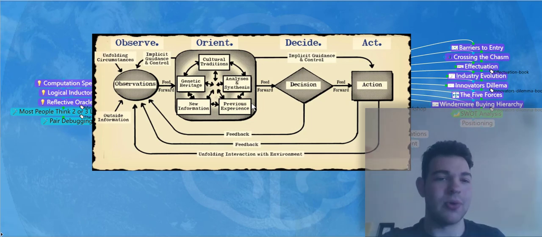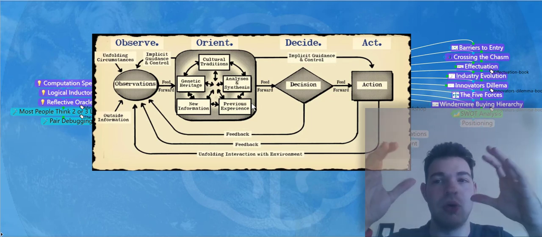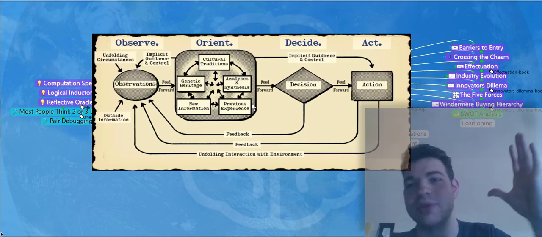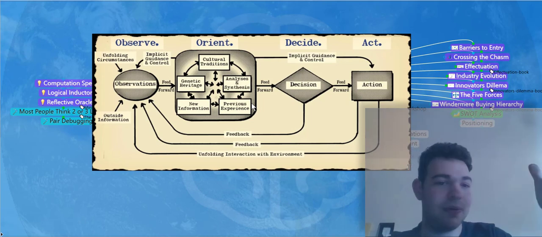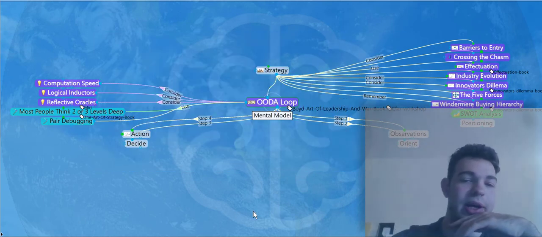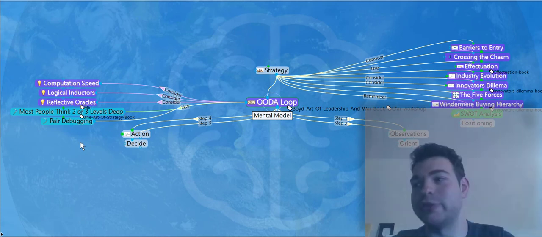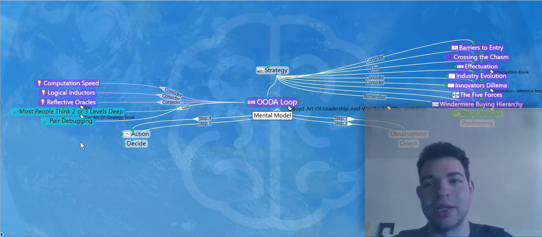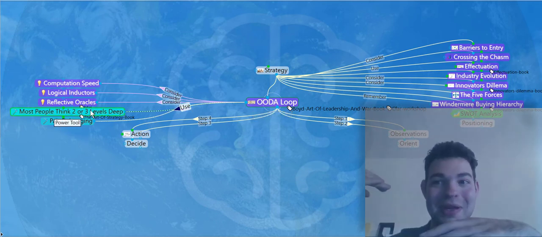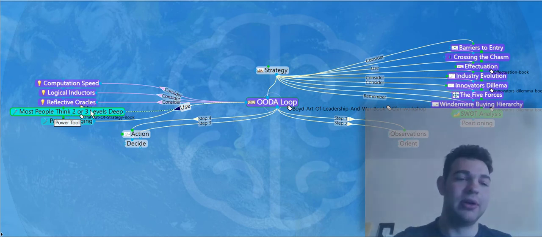That's a good question. So the question is, how do you get the edge there? How do you know what to do in that situation when you have an adversary who's thinking at that level, who's thinking different levels deep, and how do you know how to act? A good rule of thumb here from this book, The Art of Strategy, who looked into a lot of the research into this, is that most people think 2 or 3 levels deep. So if you're dealing with the average person, what you probably want to do is try and